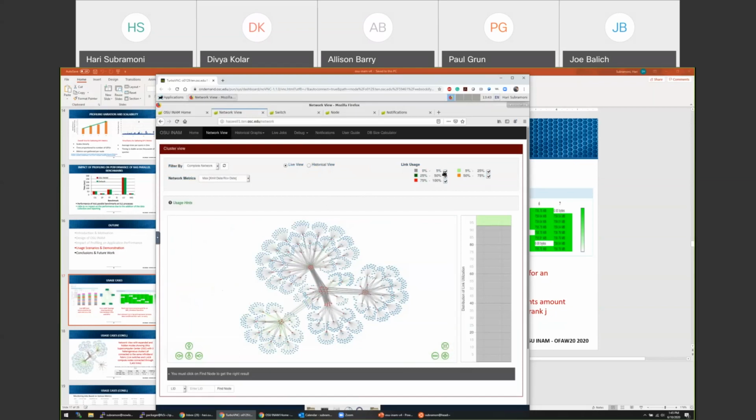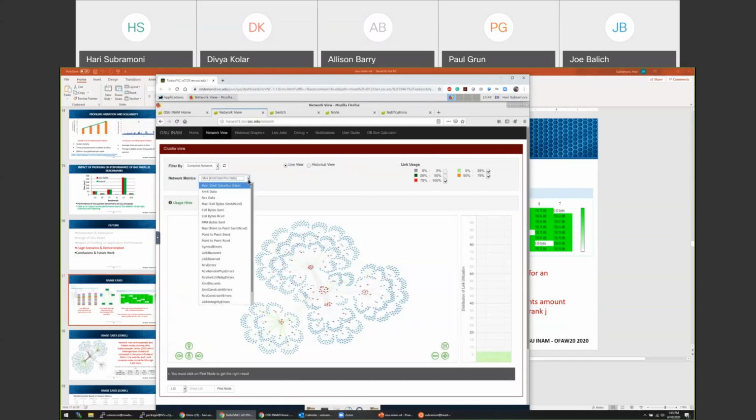Now, the link utilization is color coded based on the usage. You can select only the links that interest you, and as you can see, only certain links show up depending on what you select. This is what we call the live network view, and you can filter it based on different kinds of metrics that the underlying InfiniBand network provides. You can filter it based on the amount of data transmitted, the amount of data received, the amount of point-to-point operations, collective operations. These are done in conjunction with the MPI library.